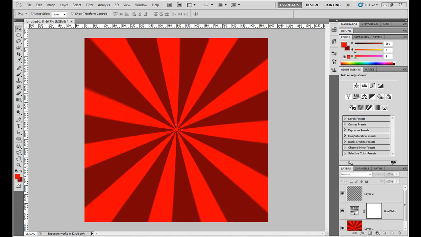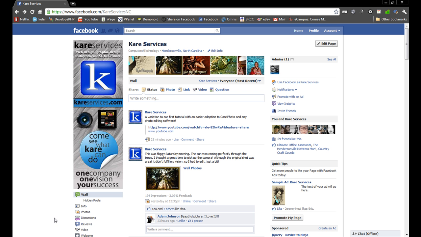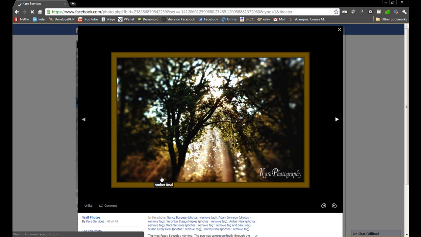Actually got a question asked to me on my Facebook page about a photo I had taken, and they were referring to the sunlight coming through the trees. Let's go over and look at it real fast. They had seen this as graphical artwork. The backdrop has like this sun ray effect, and I'm not sure if it's what he means or not, but